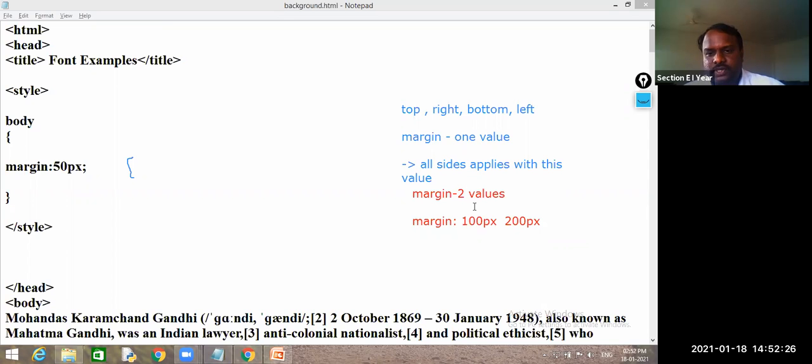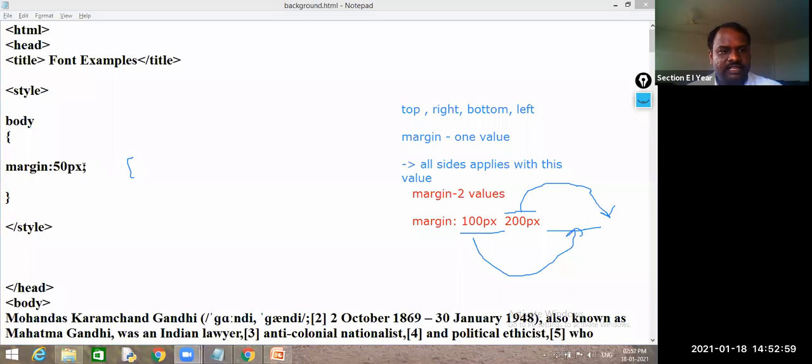See, one thing you observe: the opposite sides will be assigned. This is top, and the opposite of top is the bottom side. This is right, and its opposite side is assigned to this left. So 100 goes to the top side and bottom side, and 200 to the right side and left side.